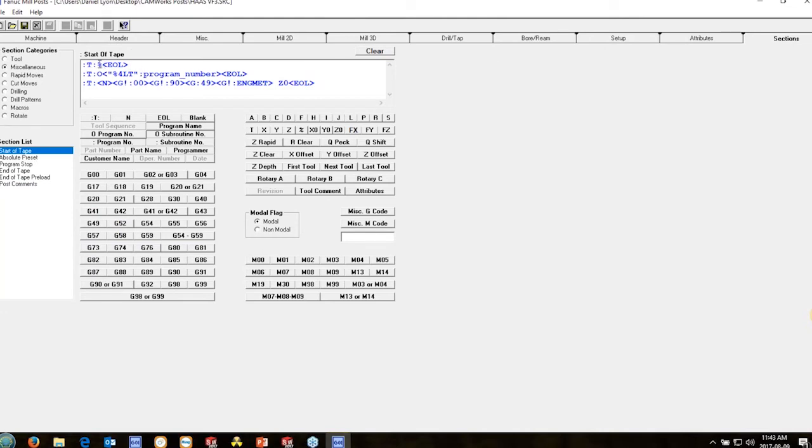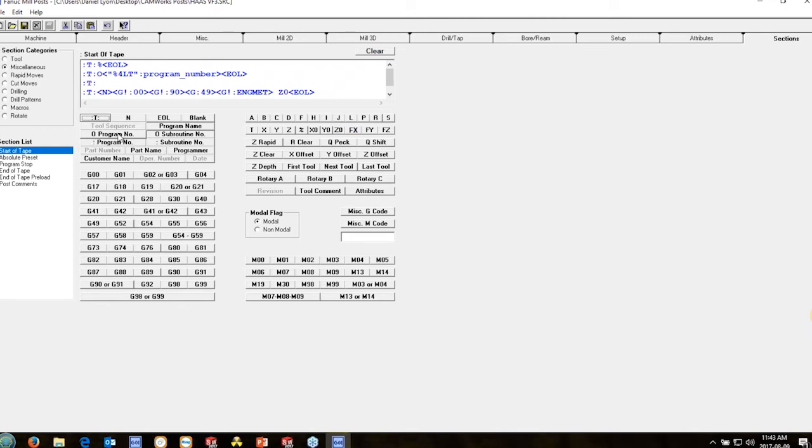The second stage is when I post the code out, where do they actually come in the code? So in this case, I want my % sign to start the program, I want my program number. Then right here, I want to go in and put the code. Now I just hit enter. The :T: stands for template. That has to be at the beginning of every line to tell it this is the format of the code. In this case, I don't want a sequence number. I just want, say,